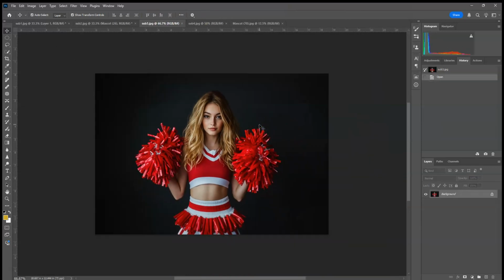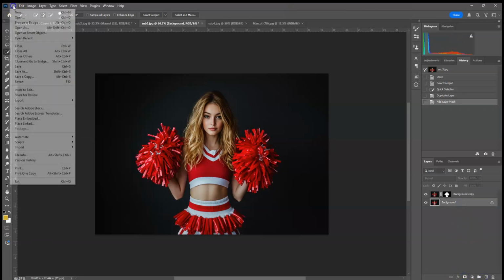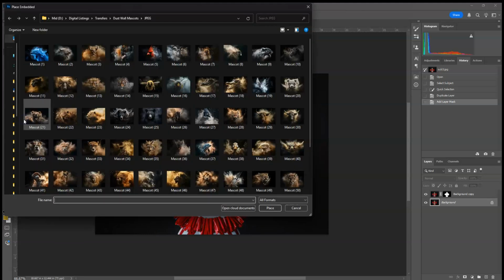Next, cheerleader here. Zoom out, select subject. I know I didn't select all of that pom-pom. It's not going to be perfect. This is another reason why shooting on black is a good idea, because with black being in these digital backdrops too, it's a lot easier to blend your subject. Okay, so I'm going to duplicate the layer, create a layer mask, click on the background, file, place embedded, and I think